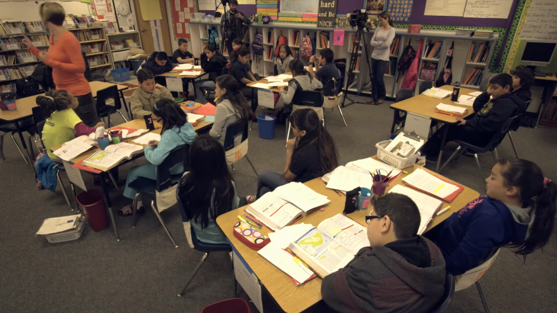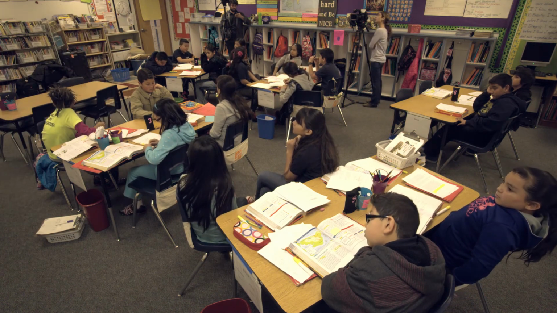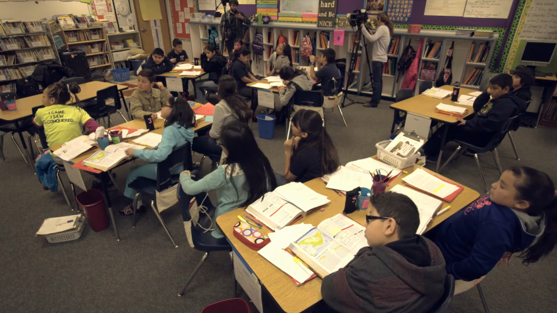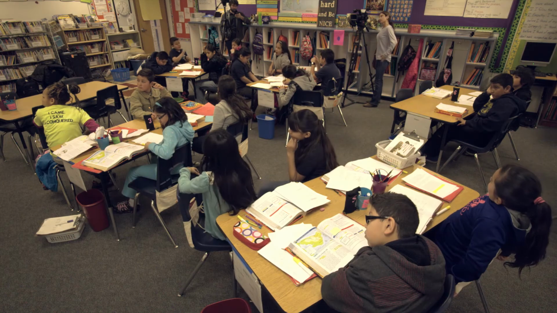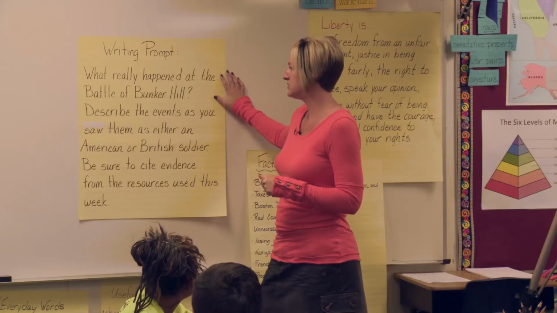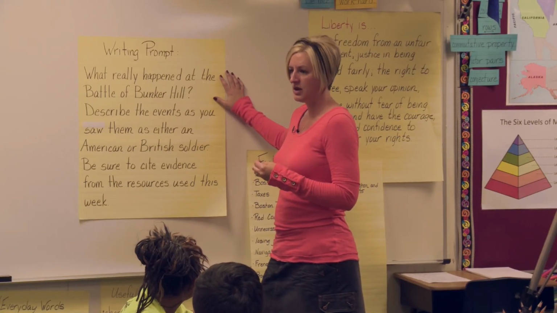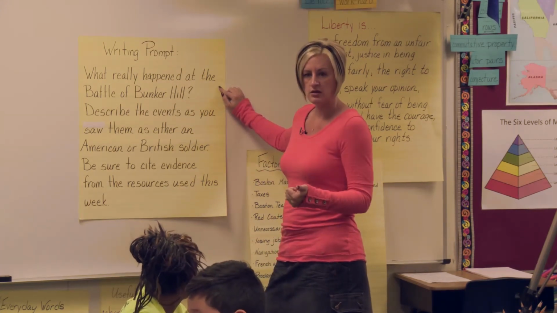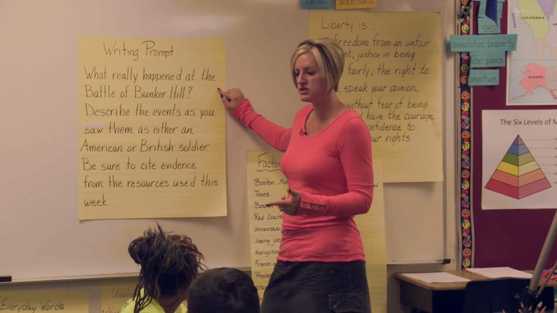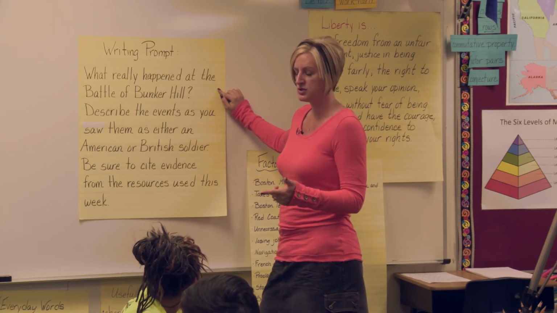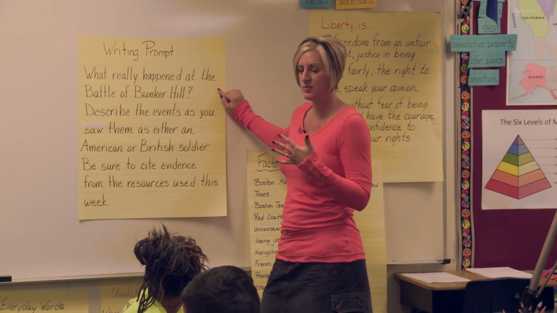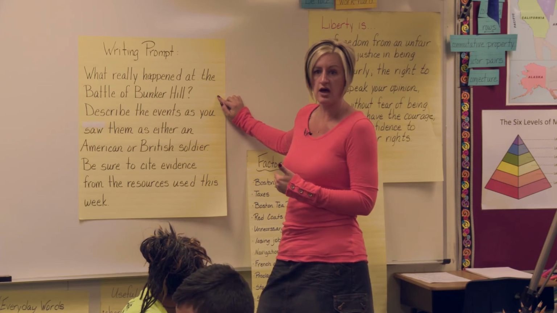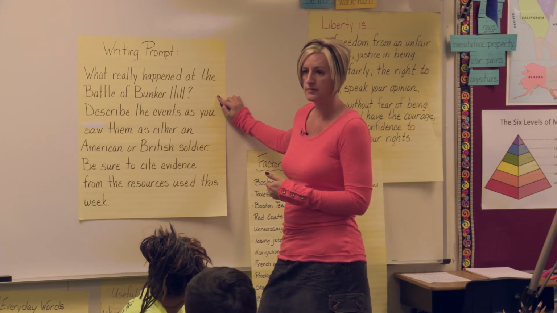But what I want you to do before we get ready to wrap up here is take all of this information. You're taking everything that you've been reading, the two perspectives today. The map's going to help you out a little bit, but it's mainly the texts that are helping you to make a decision about what really happened at the Battle of Bunker Hill. Think about what you read in your social studies text. Think about what you read in the King George excerpt. Think about the video that you watched. Think about the painting that we studied. And think about these two perspectives that we just spent a lot of time working through.